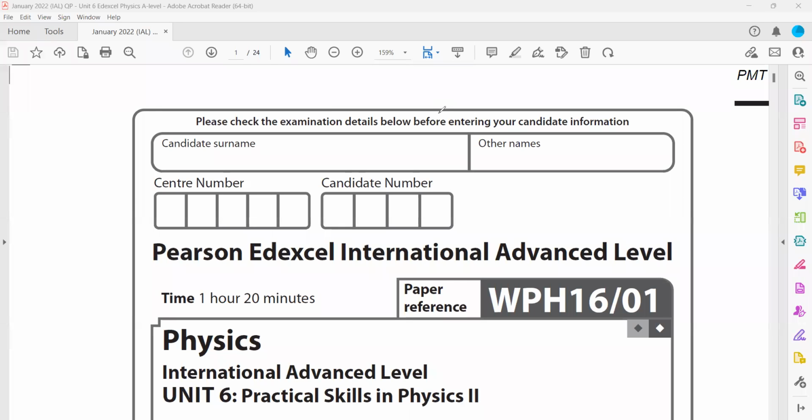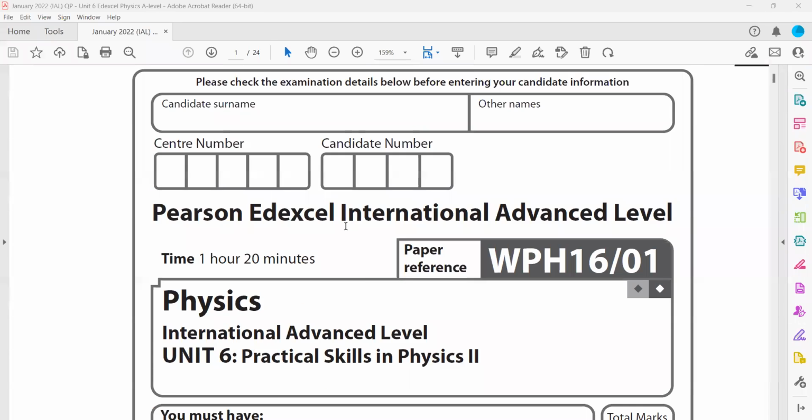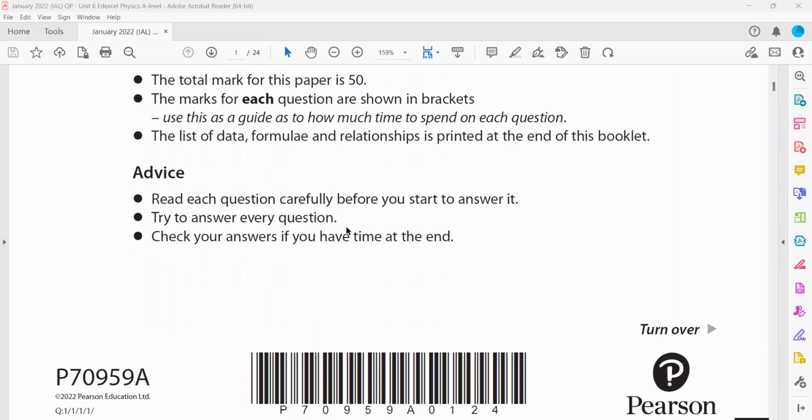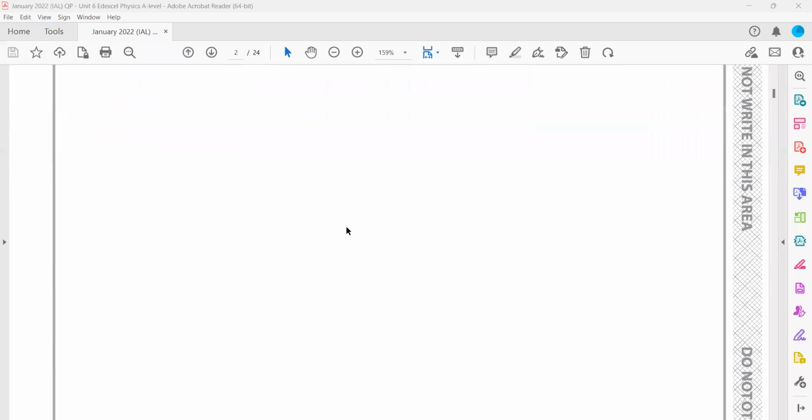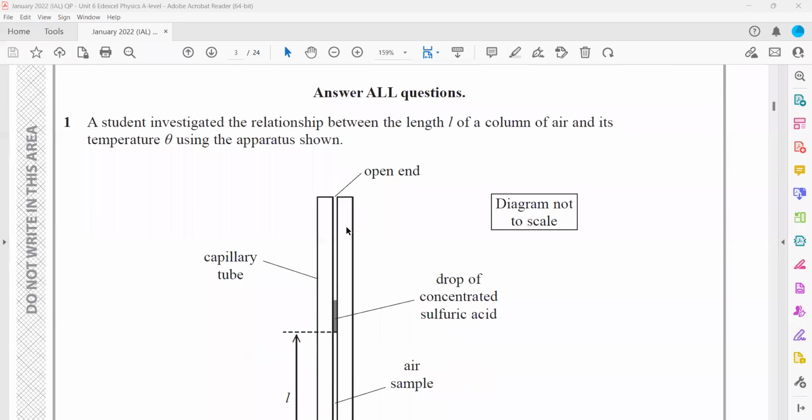So, starting with the Unit 6 discussion, from Jan 2022. The first question: a student investigates the relation between the length of a column of air and its temperature